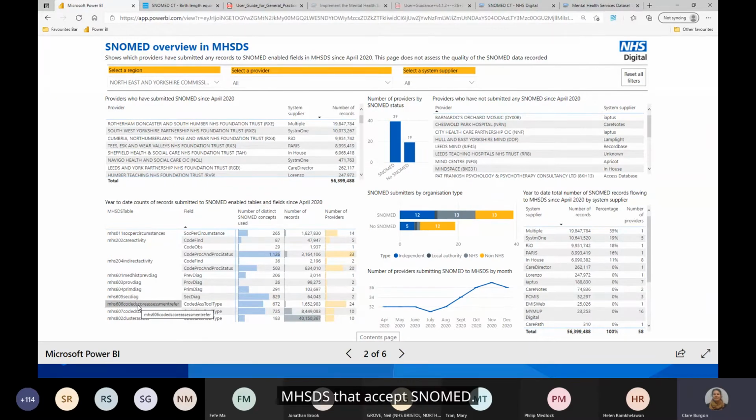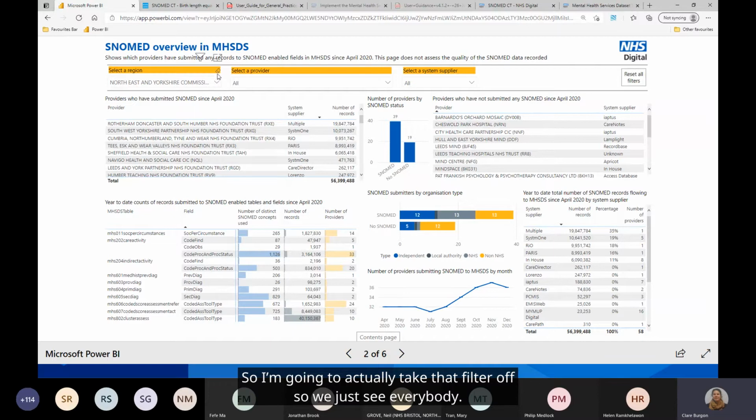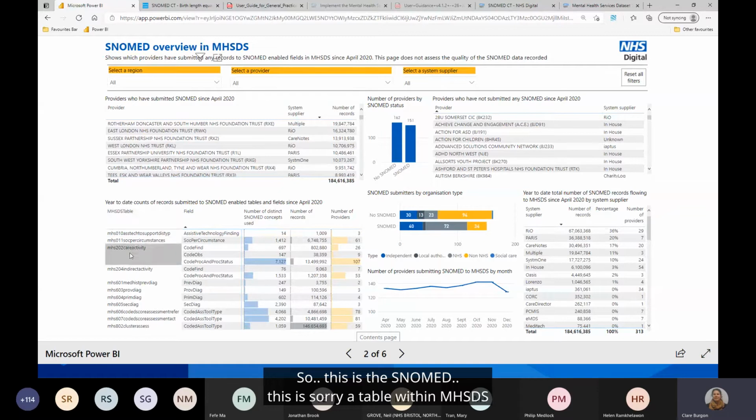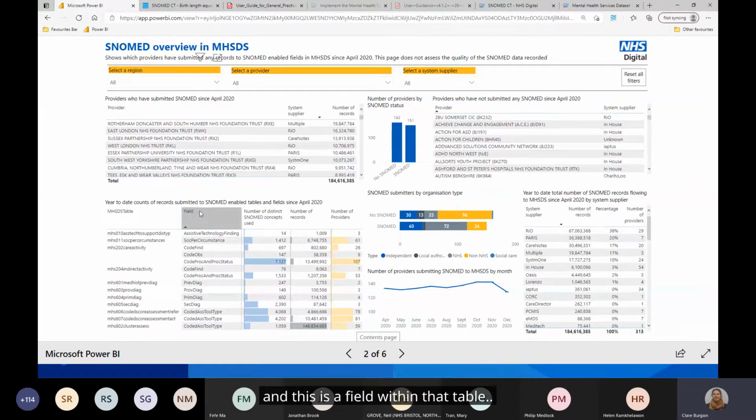MHSDS that accept SNOMED. So I'm just going to take that filter off so we just see everybody. This is a table within MHSDS, and this is a field within that table where we expect some SNOMED to flow at some point.